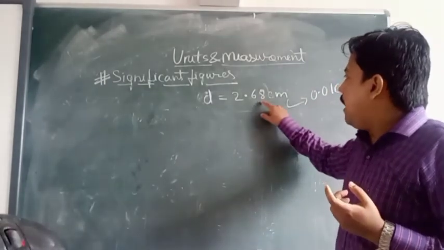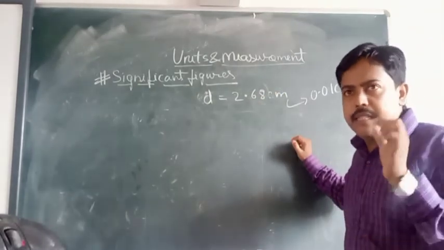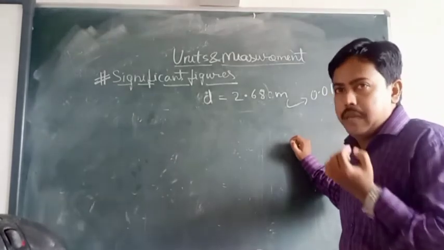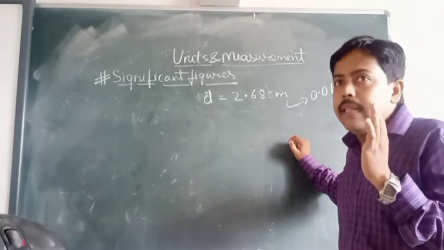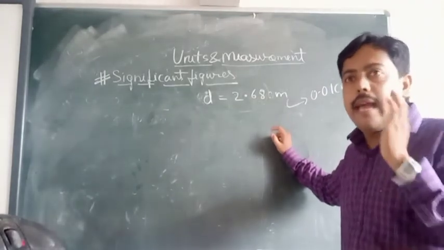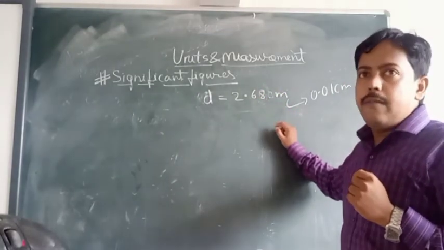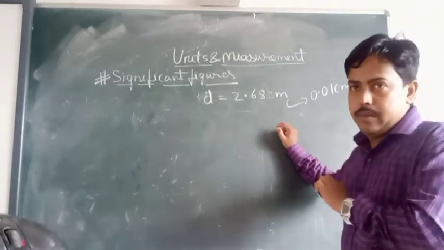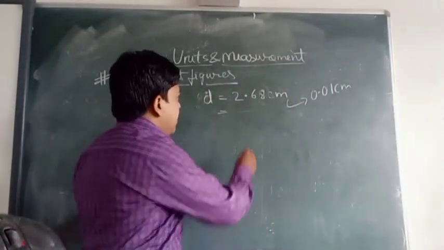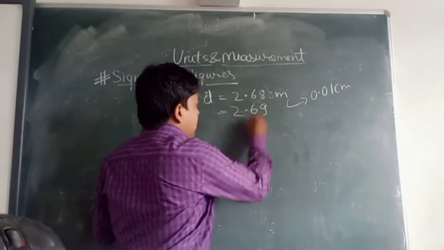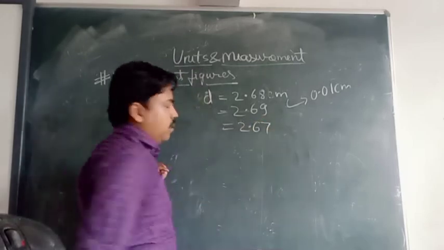So regarding that, our vernier calipers has measured the last digit to be 8. But since the vernier scale is a very minute scale, if we do not have very good eyesight, then we cannot measure it very accurately. So here we have measured the value of 8 in the last place, okay. So it may happen that our actual result may be something like that also, or something like that also, okay.